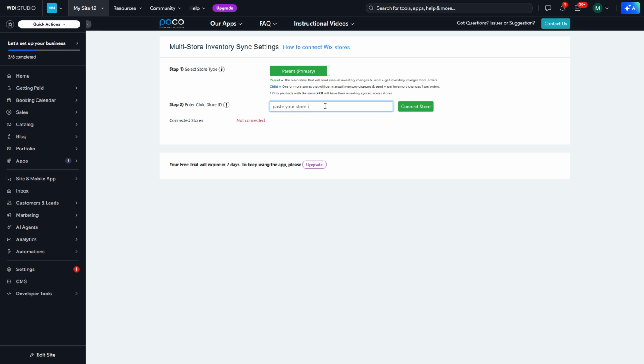inventory record. As a bonus, Multi-Store Inventory Sync provides you with an opportunity to sync all existing products immediately right after you finish linking your stores. This is especially useful if you have a lot of previous inventory that you'd like to bring into synchronization right